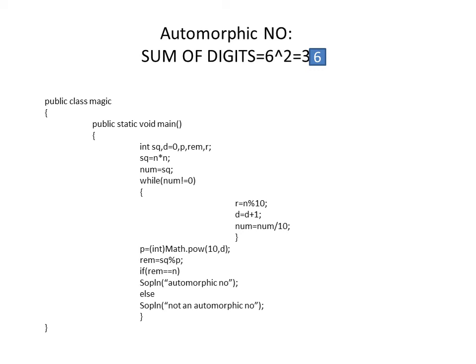Basically it will be d minus 1. Okay, 10 comma d minus 1. A slight correction in the program, it will be